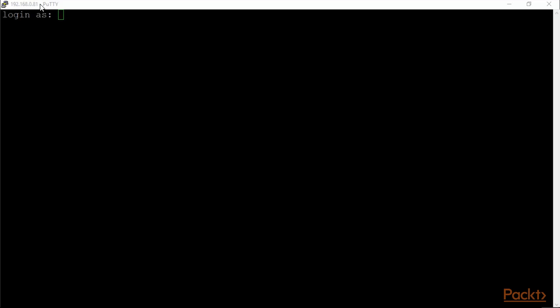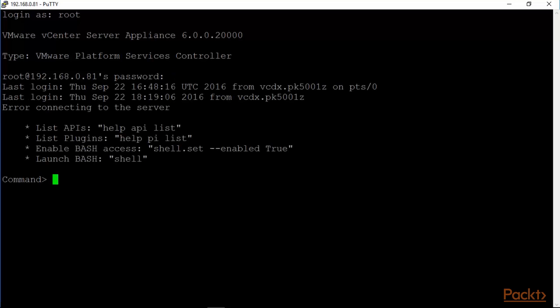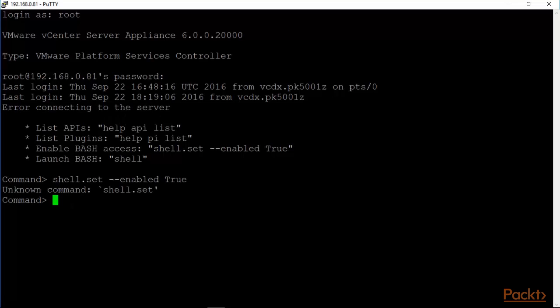I'm now logged into 192.168.0.81, which is the platform services controller that we have restored from backup. Login as root, and this is the VMware platform services controller. Type password. We have a message here, error connecting to server. That's to be expected. The command to move forward and bring it back online, so to speak, and connect it to the rest of the federation is psc-restore. And I have to enter the admin username